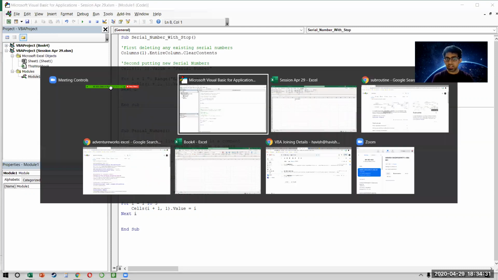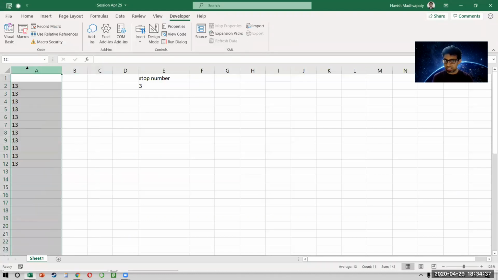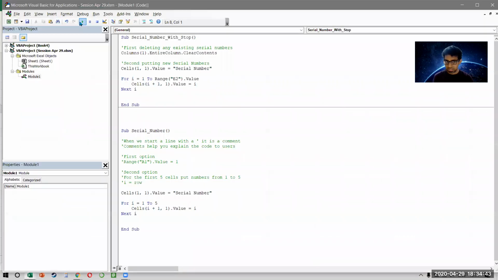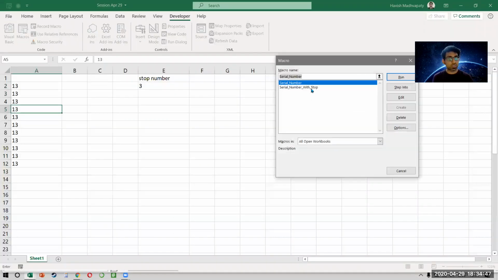Like if I run a code and there were already some numbers there, whatever numbers are there, how will that number 3 come on top of this? So first I'll have to remove this column and then put the macro. So I've already told you we can run a macro in 2 different ways. One is clicking on this button or pressing F5. The second option is to click on macros and then to run the macro.